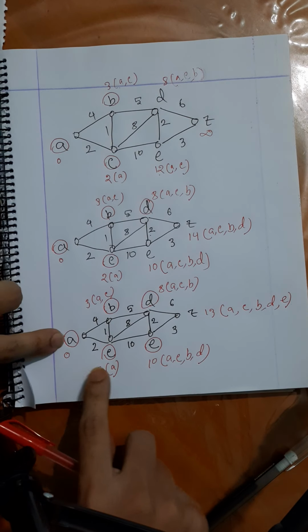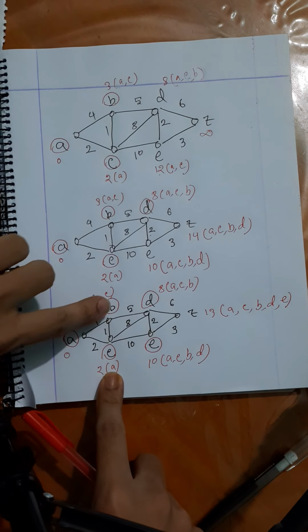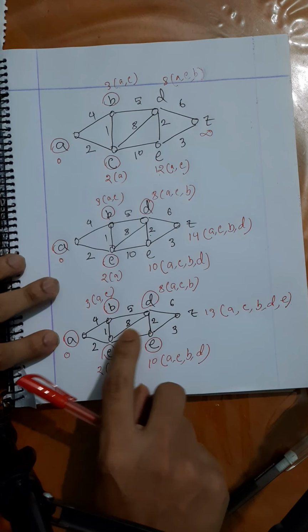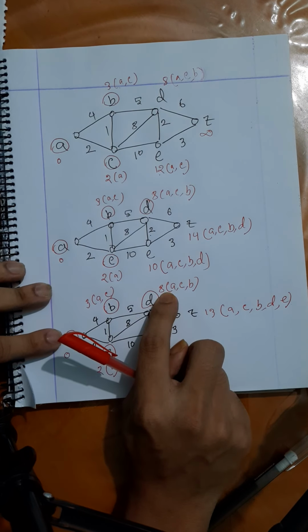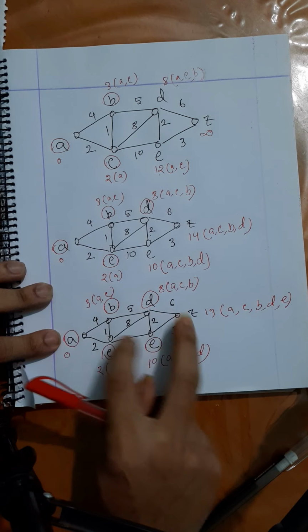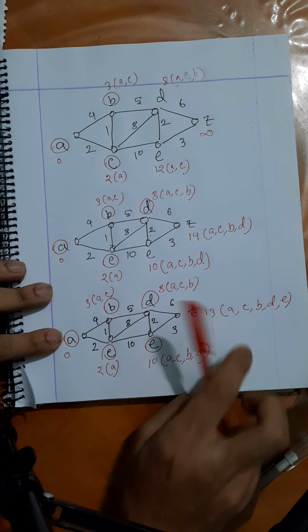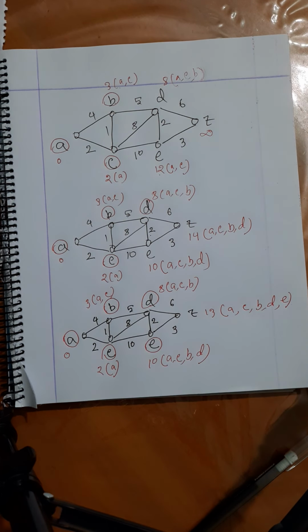The shortest path to B from A is going to be 3, the shortest path from A to D is going to be 8, and the shortest path from A to Z is going to be 13. So this is Dijkstra's algorithm. Using Dijkstra's algorithm, you will have to select a source first and then apply this algorithm, and after the algorithm is done, all the distance values are going to represent the shortest path from the source.